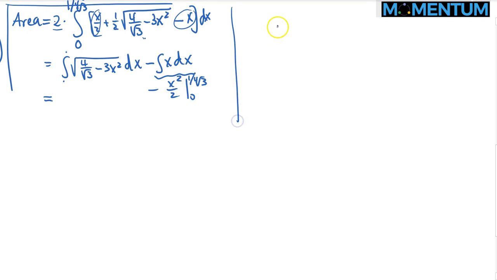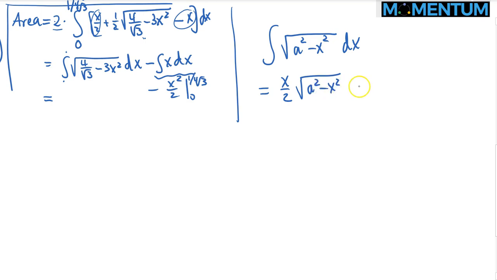So let me open some space here. The integral of the square root of a squared minus x squared dx. Well, this integral is apparently equal to, I had no clue before attempting to solve this question, x over 2 square root a squared minus x squared plus a squared over 2 times the inverse sine, arc sine of x over a, and then the constant. Obviously we won't need the constant because we have a definite integral here. So therefore in our case